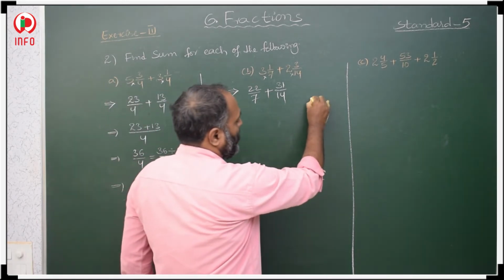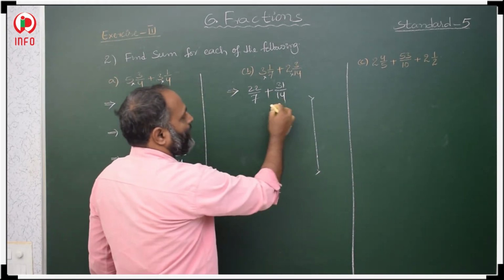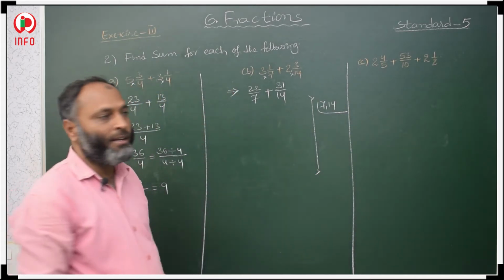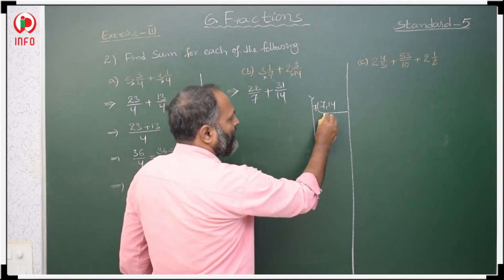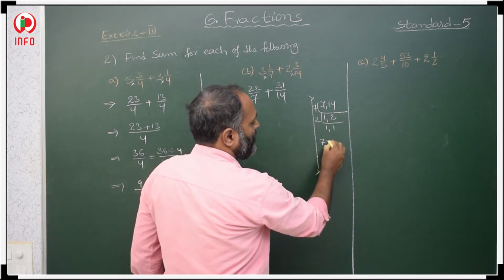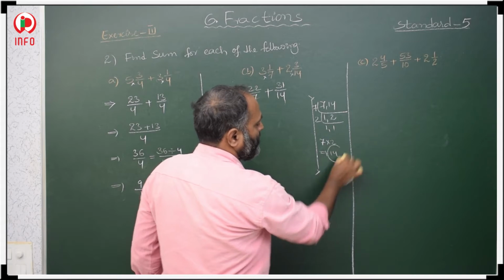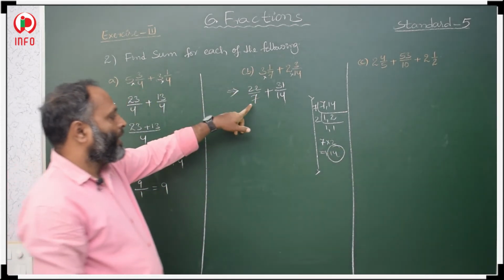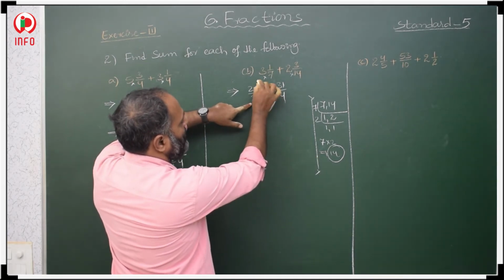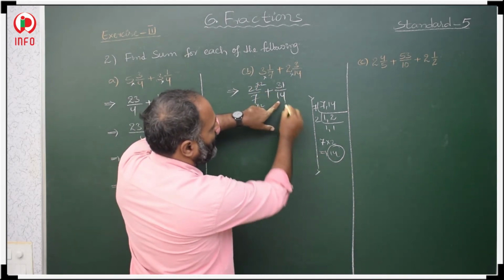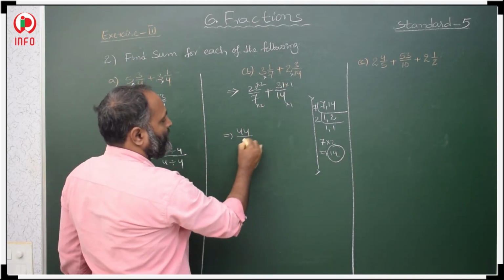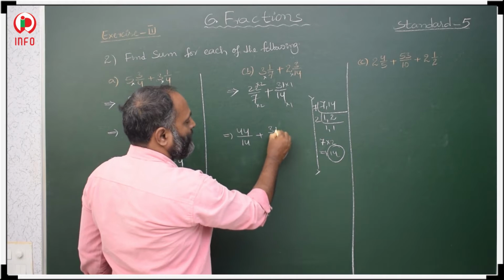Now after that we have to take the LCM of the denominators, 7 and 14. These two are divisible by 7, so take 7. 7 1s are 7, 7 2s are 14. Then 2 again, 2 1s are 2. Then 7 2s are 14. Now in the 7 table, first fraction denominator, when you get 14, 2s are, multiply with 2. In the 14 table, when you get 14, 1s are, multiply with 1. 22 2s are 44 by 7 2s are 14. 31 1s are 31 by 14.